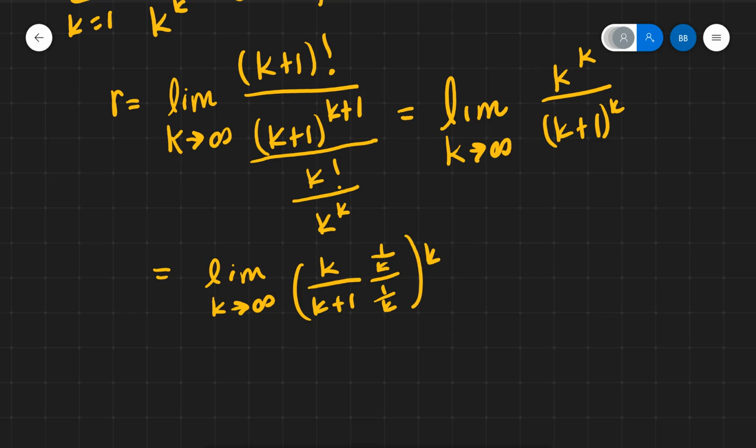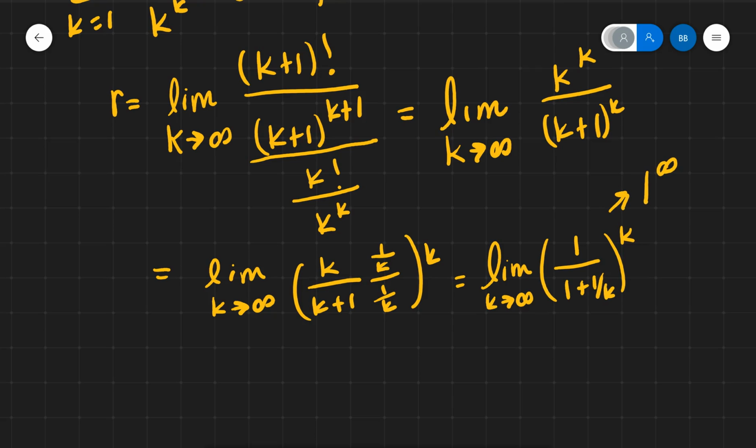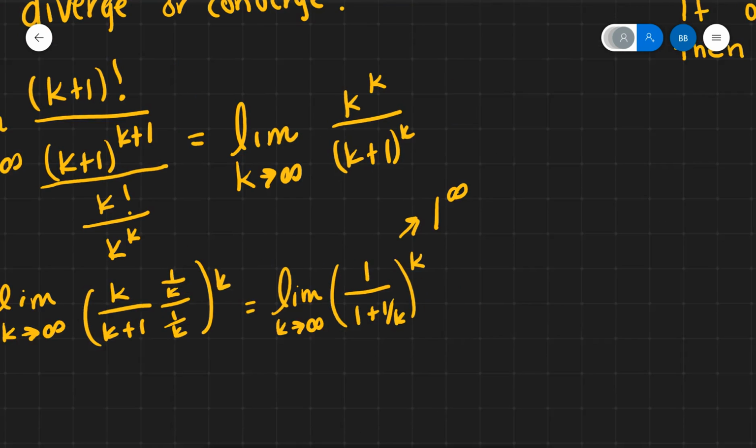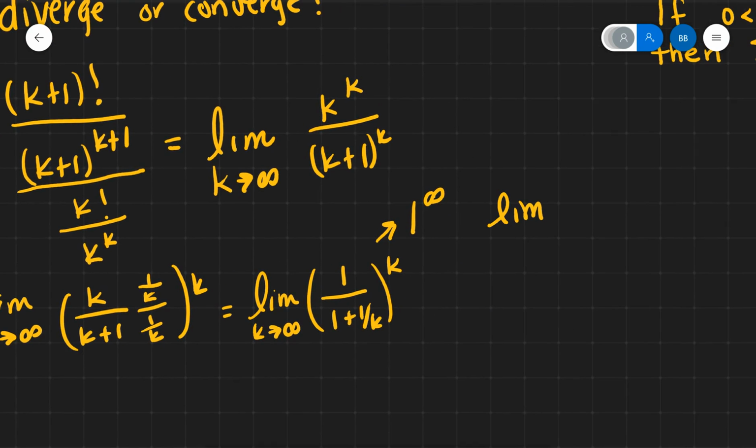These two k's will cancel, giving us a 1. These two k's will cancel, giving us a 1. And we'll be left with 1 over k here. So that leaves us with the limit as k goes to infinity of 1 over 1 plus 1 over k, all to the k. Now as k goes to infinity, this fraction will go towards 0, and that will leave us with 1 and 1. So this will give us a setup of 1 to infinity, which means that we'll need to use the limit as k goes to infinity